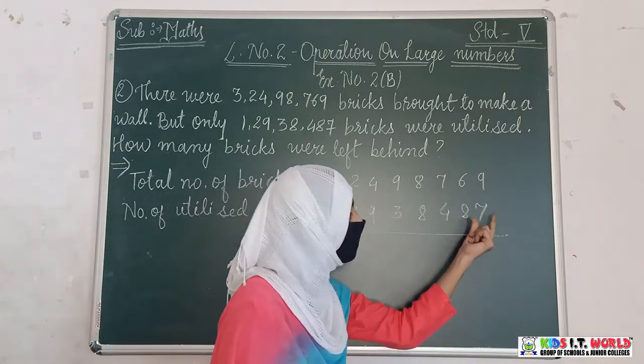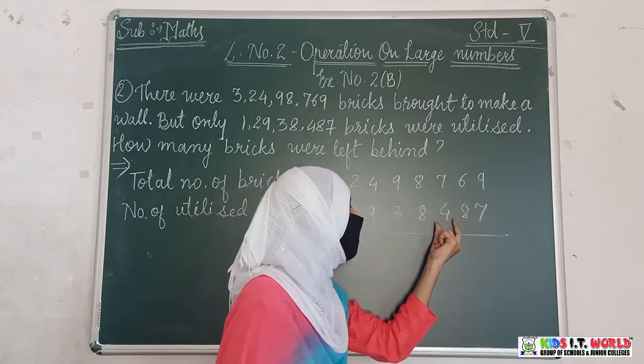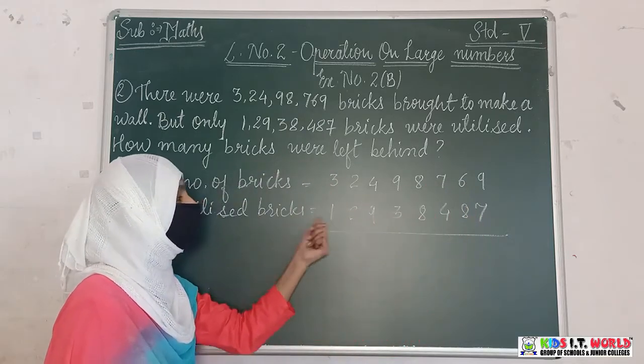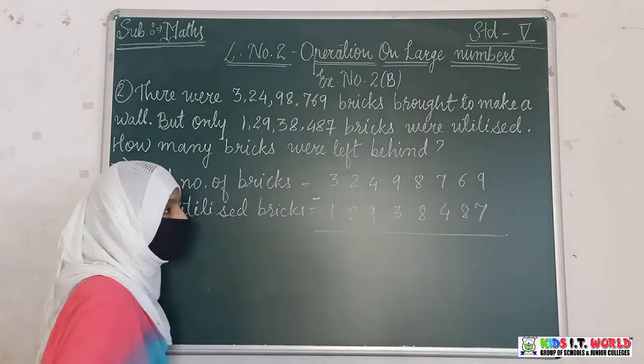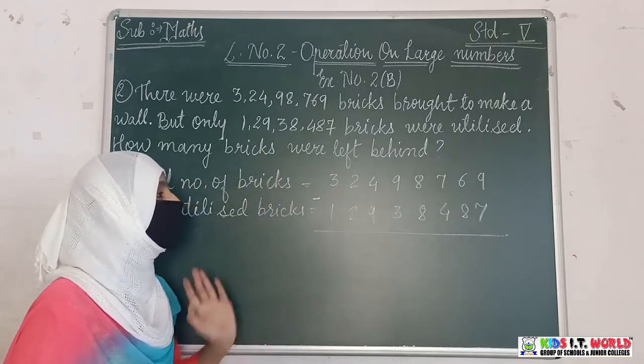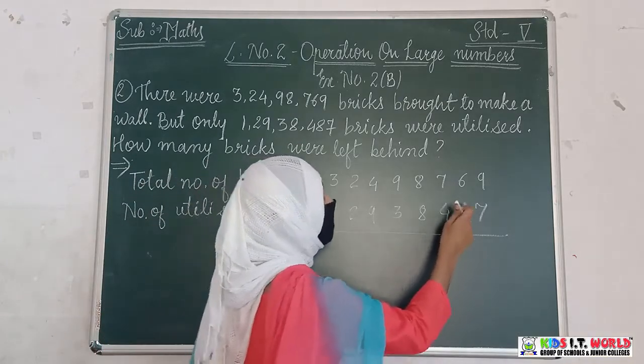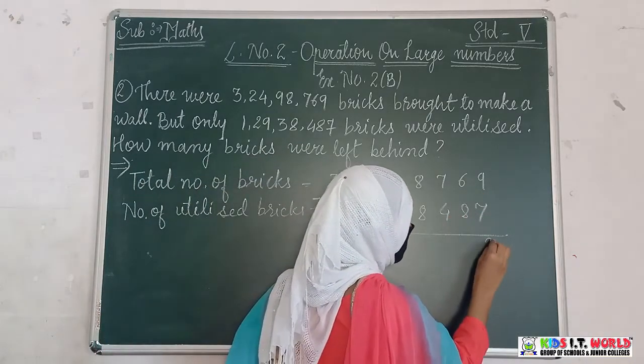That is, ones come under the ones, tens come under the tens, hundreds under the hundreds, and so on till the crores. Give the subtraction sign. Which operation we are doing here? If you will not give it, it will get wrong. So give the subtraction sign. Now do the subtraction here. 9 minus 7, it is 2.